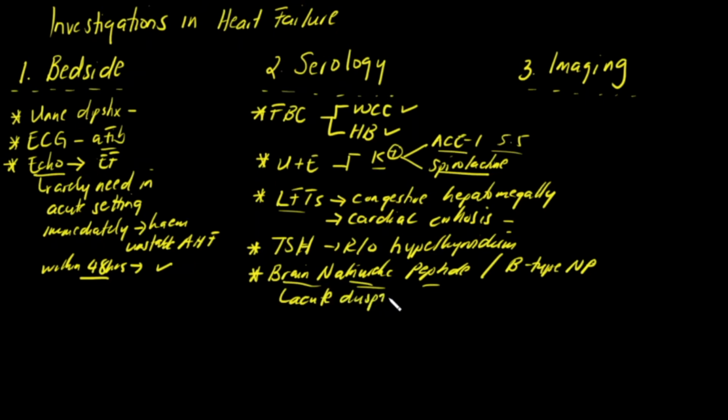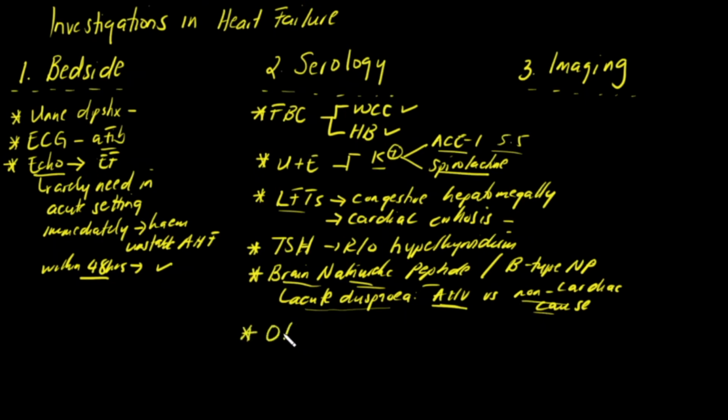So the utility is, if the patient is coming in to casualty presenting with acute dyspnea, and you are not so sure, am I dealing with acute heart failure or a non-cardiac cause? Is it a COPD exacerbation or acute heart failure? Those things are very hard to tell apart. You can do a brain natriuretic peptide. So it's used in the acute setting to help you differentiate acute heart failure from a non-cardiac cause of the acute dyspnea. That's very useful to know.